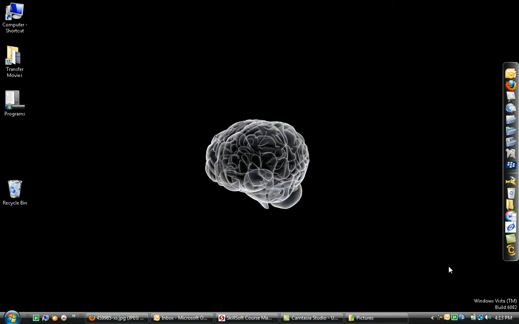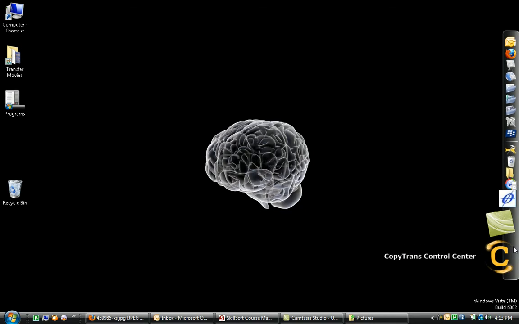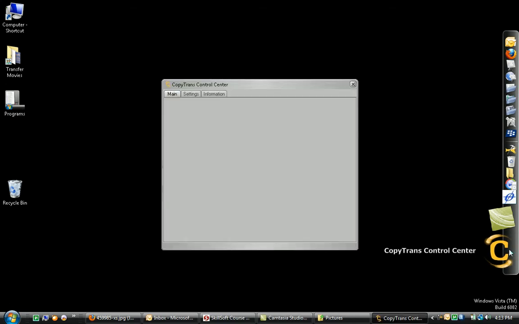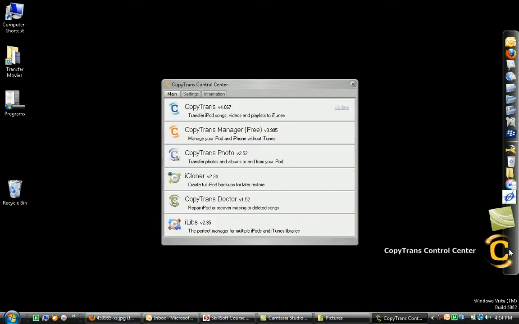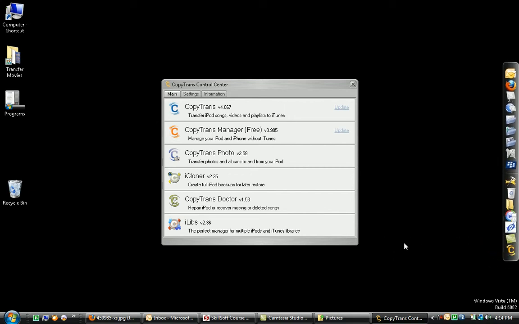Alright, today I'm going to do a quick overview of one of my favorite programs that I have out there. It's called CopyTrans. I downloaded it for free originally off CopyTrans.com, and it's a program which allows you to interact directly with the iPod. As you see here on the control center, you pop it open, there's a control center, there's a variation,